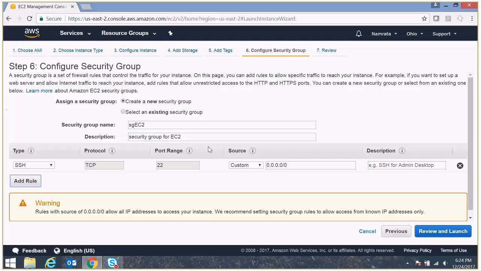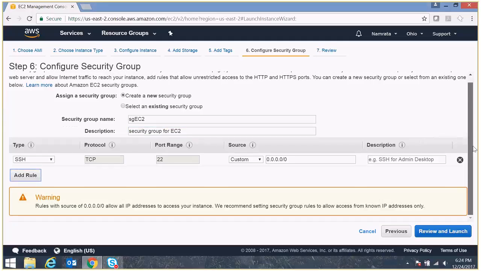Since this is a Linux machine, we are going to enable port 22 for any kind of SSH type of communication. Now by default, as you see, it basically allows you to SSH into this machine from pretty much any host anywhere. Now as you see, there are a couple of options: custom, anywhere,